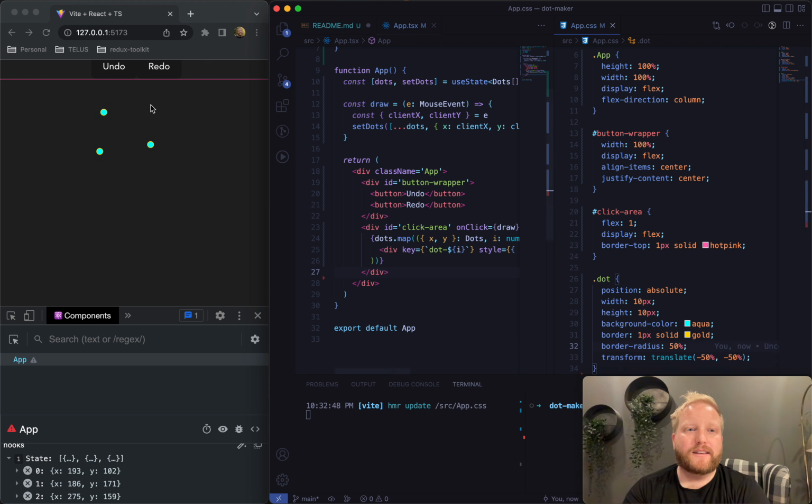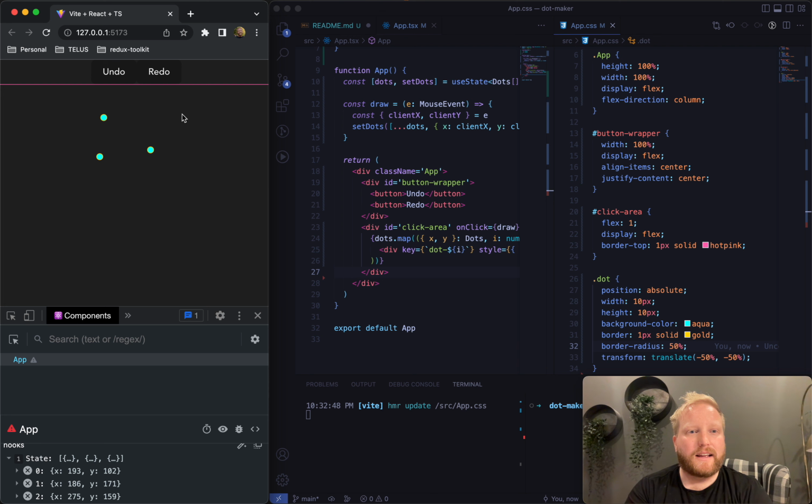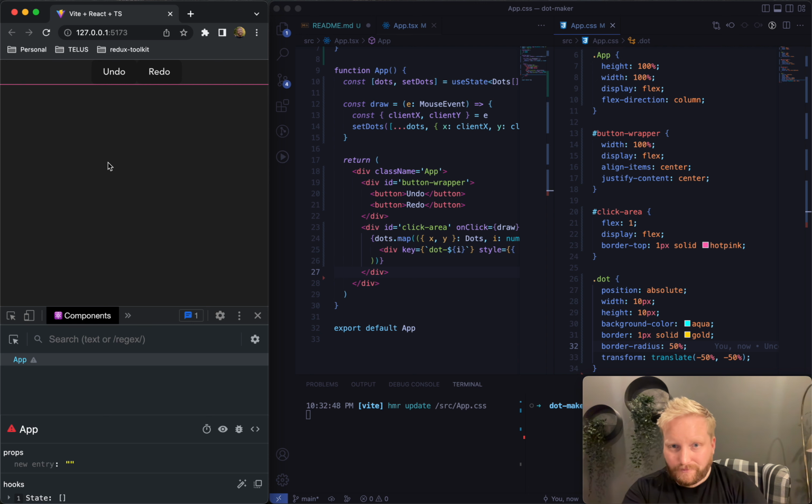So let's see now when I click. Now that I've done the translation of 50-50, let's see how it looks. So if I click, now it's right in the center. So click, right in the center. So that's exactly what we wanted. Now that we're drawing the dots, everything's looking good. The problem is these guys do absolutely nothing right now. So now that we've kind of got there,